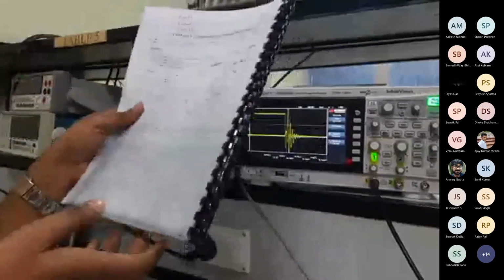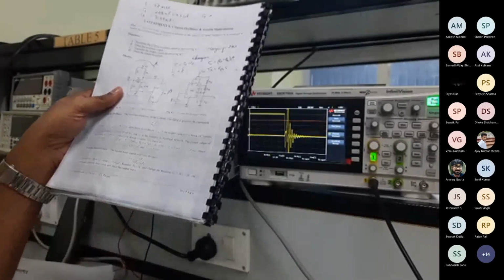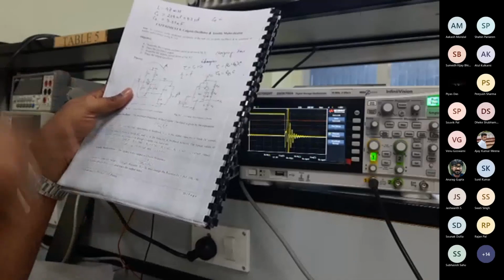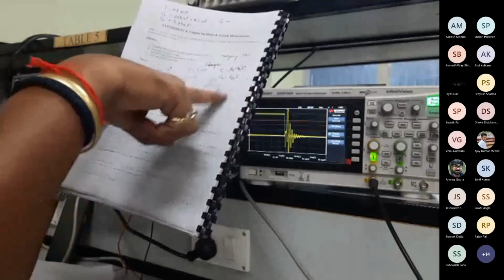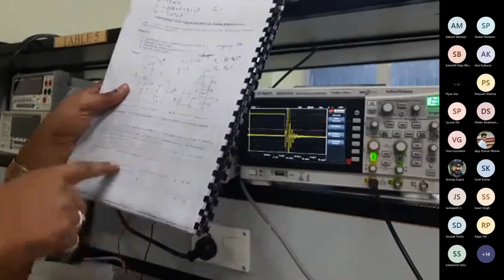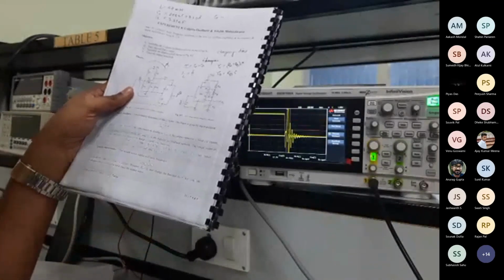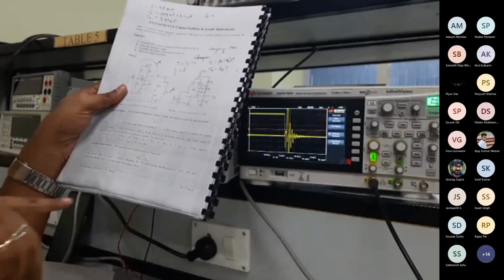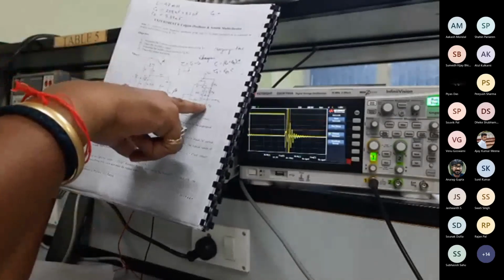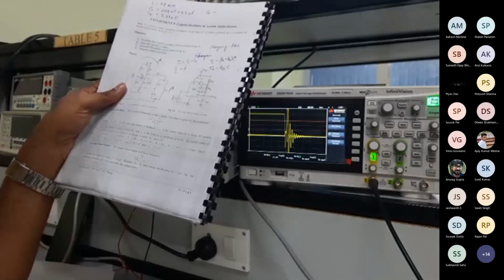In the experiment, the frequency of the astable oscillator is F equal to 1.4 upon C (RA plus 2 RB). Obviously, you can get this frequency from the charging time constant and the discharging time constant. You can get the derivation for this frequency expression in the textbook. The idea is charging through RA plus RB into C, and discharging through C into RB. That is why here is 2 RB, in the total time period.